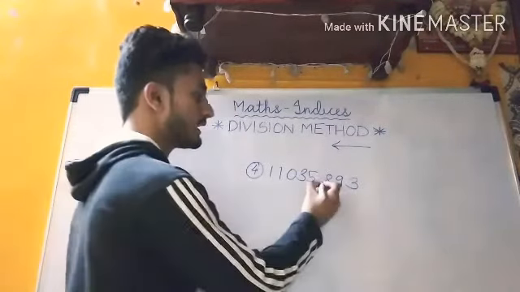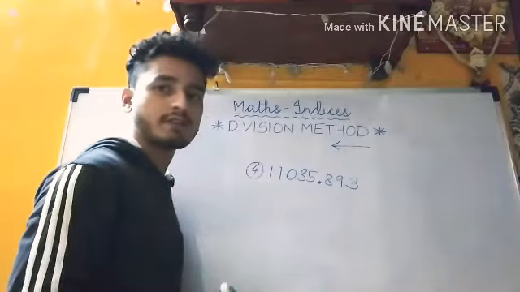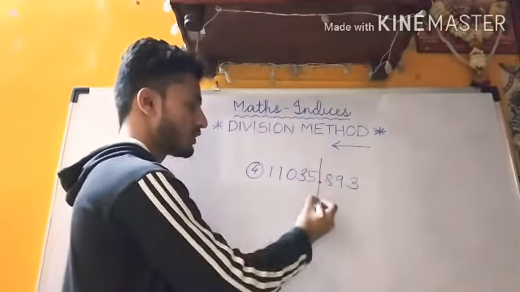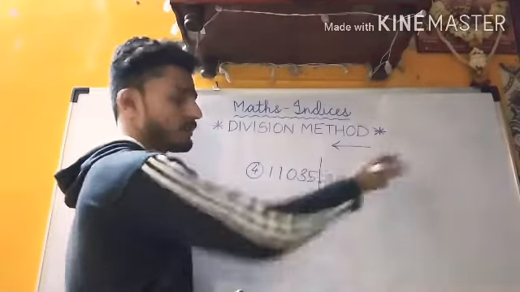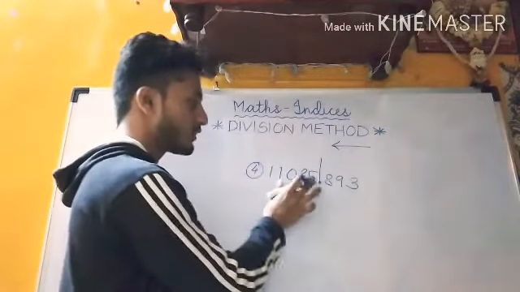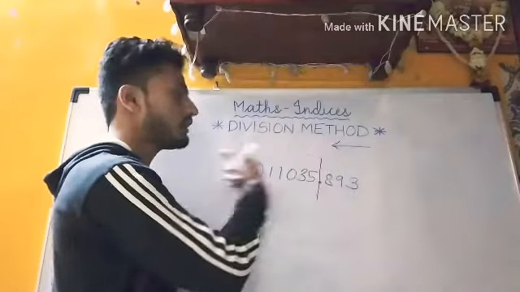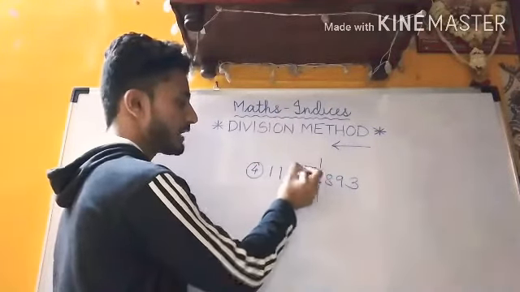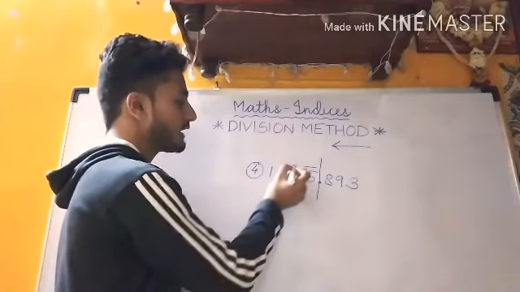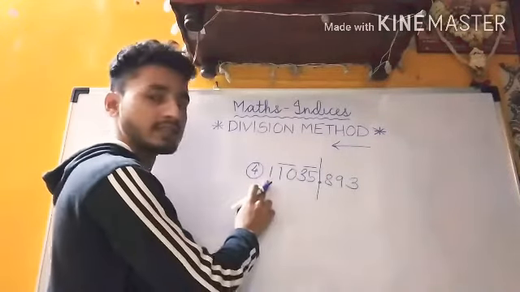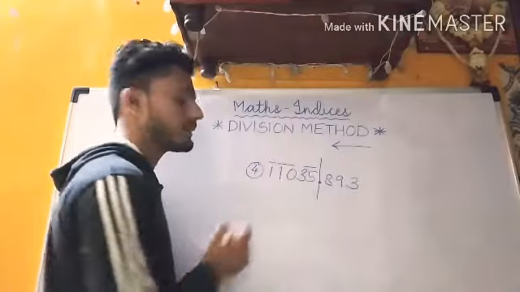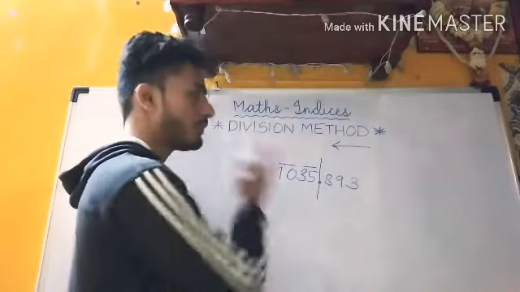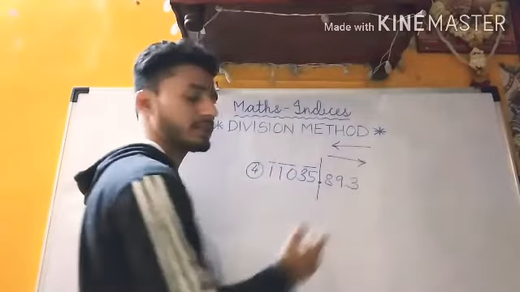Again there is a decimal point, so first we will make pairs of the number which is before the decimal point. We will make pairs of this part first, and then we will go for the next part. For this part we are going from right hand side to left hand side. So 5 and 3 will make one pair, 0 and 1 will make another pair, and since this 1 is alone, we'll keep it as it is, single.